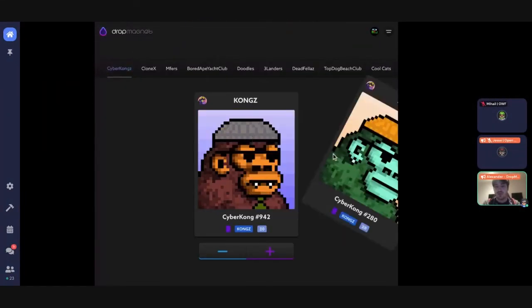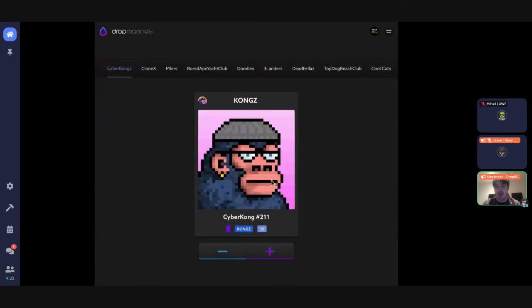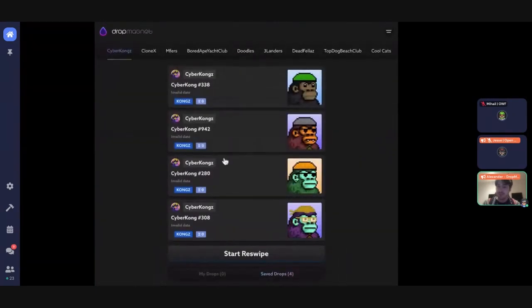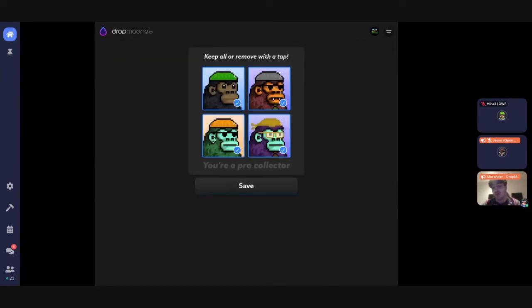Essentially, we swipe right and we add the drops to our bucket. Here you can see that I've selected 4 NFTs that I'm interested in. They're saved in my bucket for as long as I want. But what I really want to do is figure out which one I want to buy. So I can go into reswipe, which enables me to thin that list down and choose really easily, with a high-level view of all the NFTs I like, which is the NFT that I love the most. And I'm going to say this one.